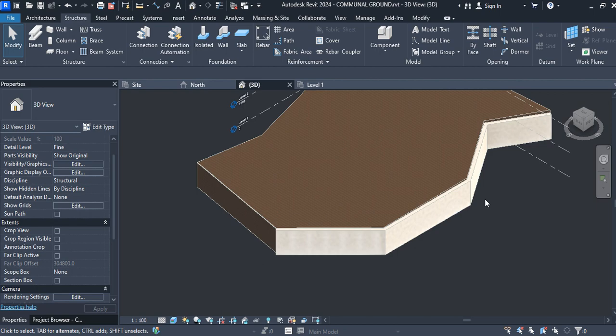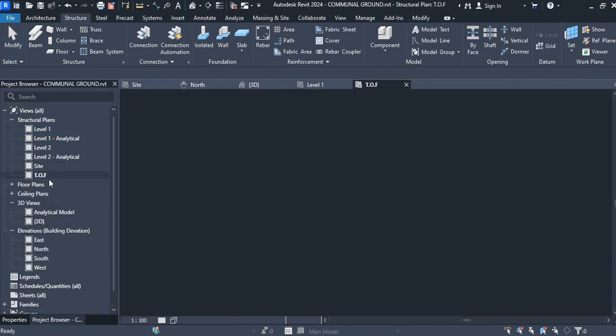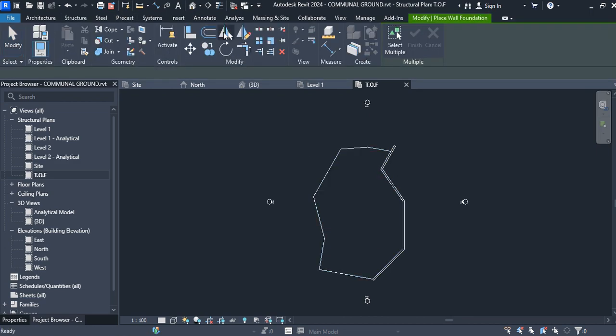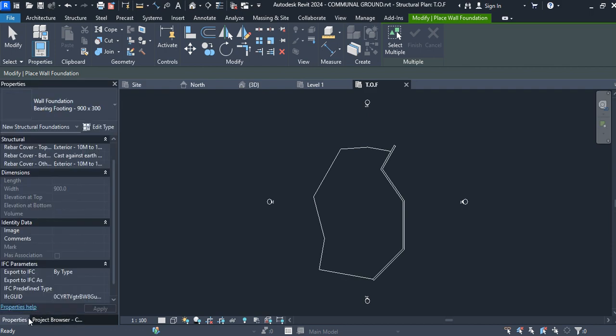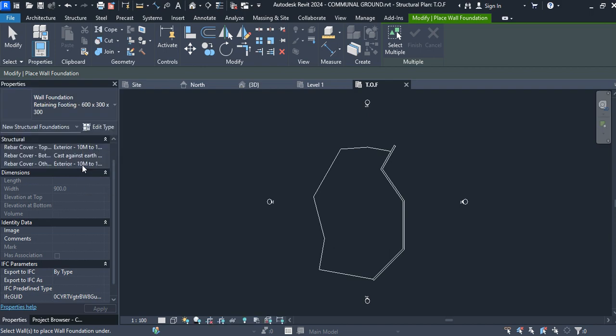So after drawing these retaining walls, next we shall add the footings. So when we go to our top of footing level, we could come here to our wall and select a concrete retaining footing. Actually, is this retaining footing? So we can put edit type,